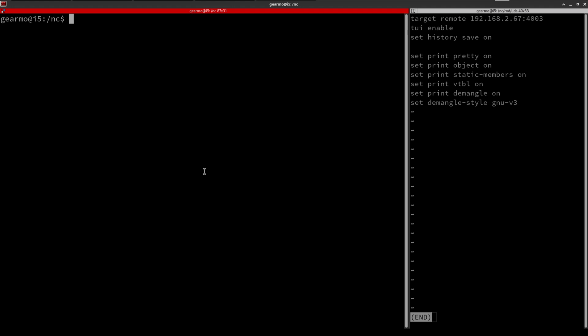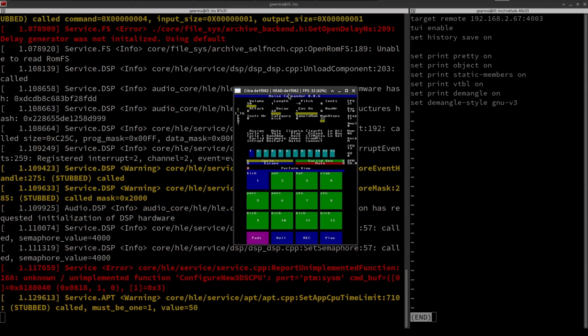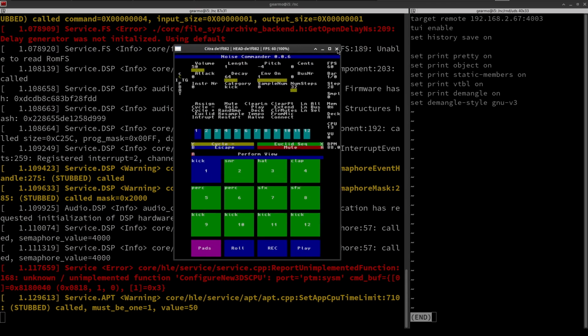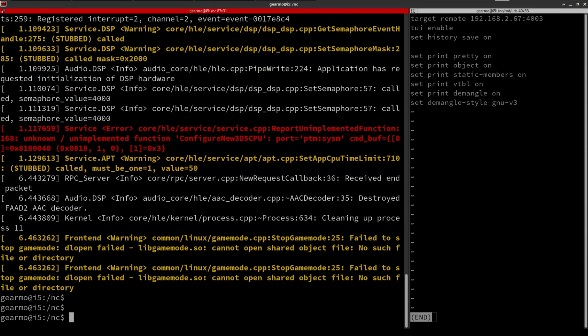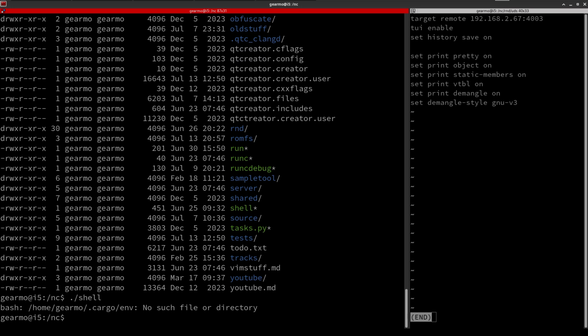So until recently I've been only debugging on the hardware, on the actual 3DS console, but I discovered, or learned, how to do it with Citra as well. So I have this run script that'll just pass the executables to Citra, and so I can quickly test it. But if I want to actually debug it, I would have to do -shell and then gdb